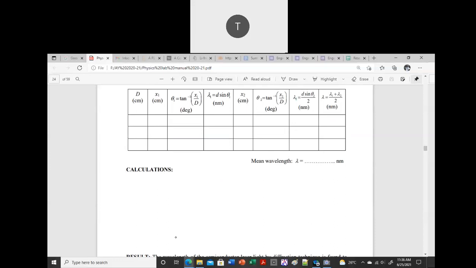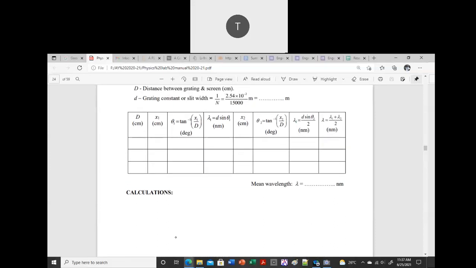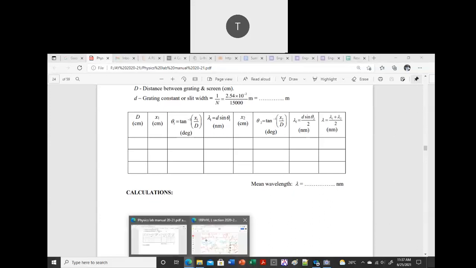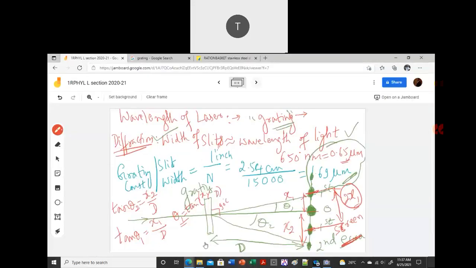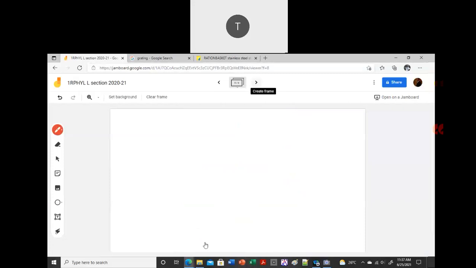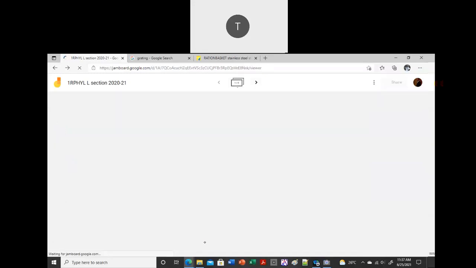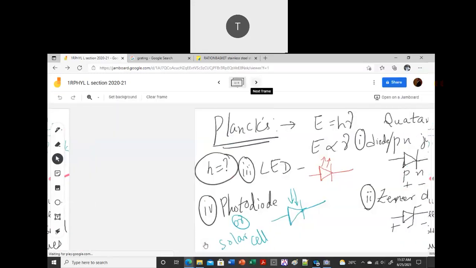So what I will do is write down x1 and x2, and I will send you the data. Then what you are supposed to do is calculate the values for lambda 1 and lambda 2. So I will write d, then I will write x1, and then I will write x2. I will send you these values. I will show you, for maybe like 5 centimeter.